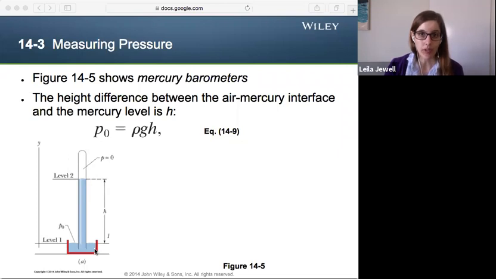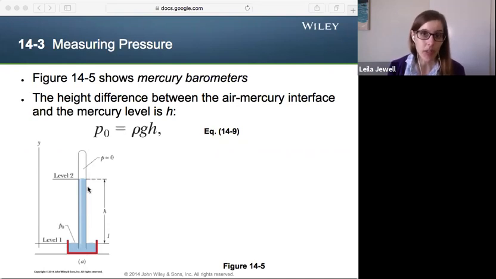So using our previous equations that we got for a static fluid, once this is all static, and noting that the pressure here is 0, well, down below, the pressure that we now want to measure, P0, we're trying to measure atmospheric pressure, is just equal to the density of mercury times g, acceleration due to gravity, times the height of that mercury column. And this is where that millimeters of mercury, mm of Hg, comes into play, because